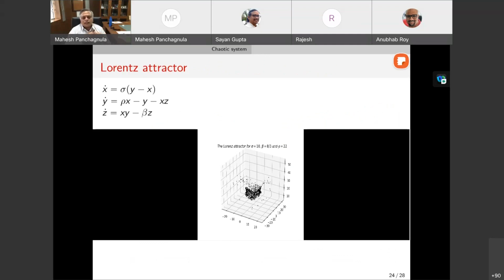So, like I said, this whole field of chaos owes itself to Lorenz, who started working on weather modeling. And it's a very simple set of equations, actually. The only two nonlinearities are those product terms that you see in those two equations. This is a 3 degree of freedom system.